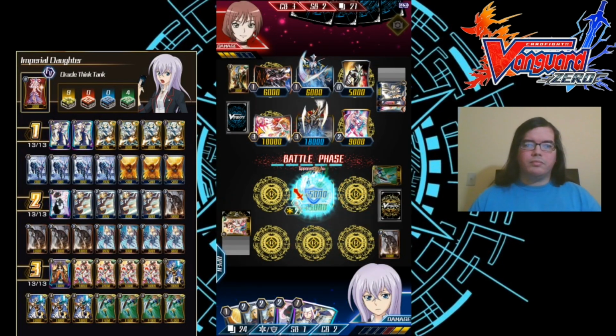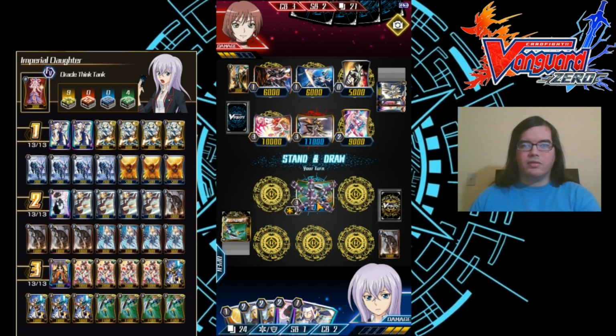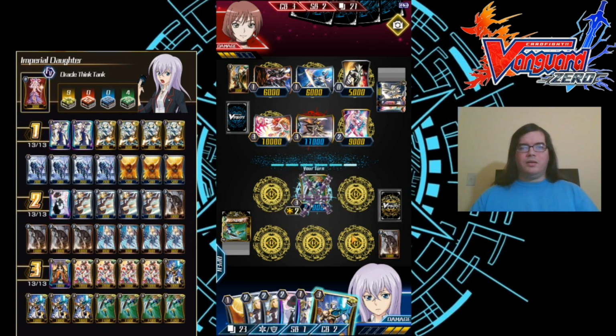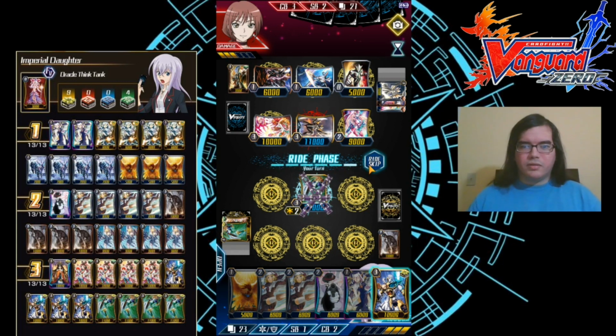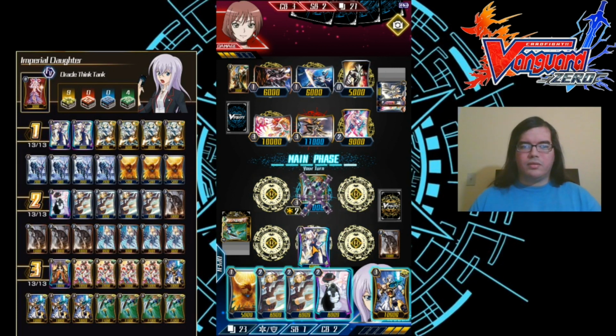That's not helpful. If you stand during your battle phase, stand your other rear guard in the same column. Huh, interesting. Well, that's why he's playing stand triggers. That's cool. Now back to the game, though. Right, skip. We don't need anything else. We got our Imperial Daughter. Let's start with